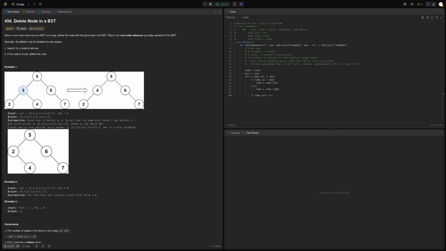If node left and... not sure how to get the previous node, to be honest. So we found the node which needs to be trashed, right? And then